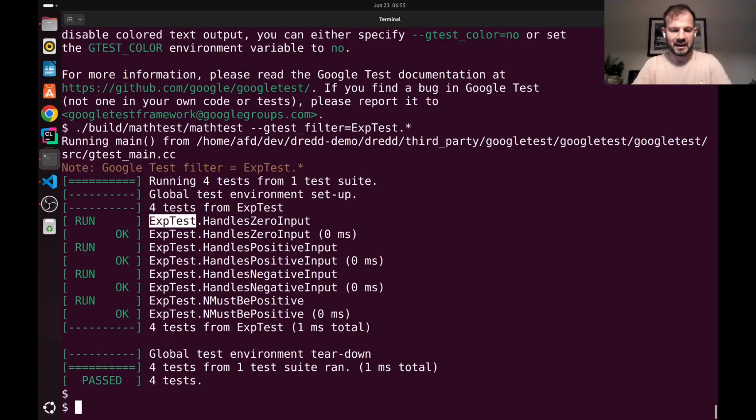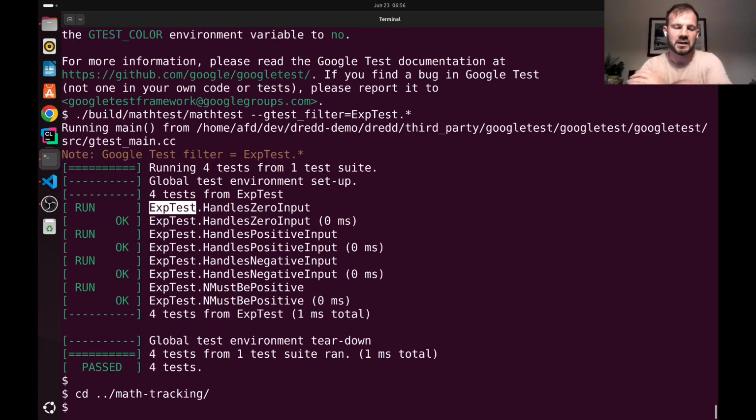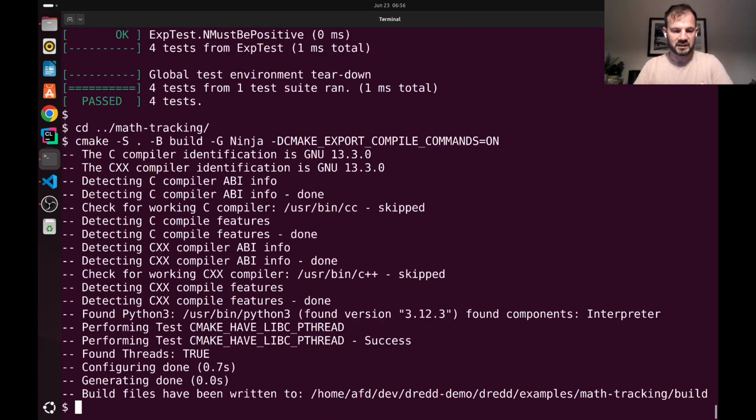So I want to show you that next. What I'm going to do is go back one level and into math tracking, which is another version of the math source code, which I'm going to mutate with Dredd, but in a different mode, which is going to enable emission of all the mutants reached during a test run. To get this going, I'm first of all going to run that same cmake command to get the project ready to be built. And then I'm going to run Dredd